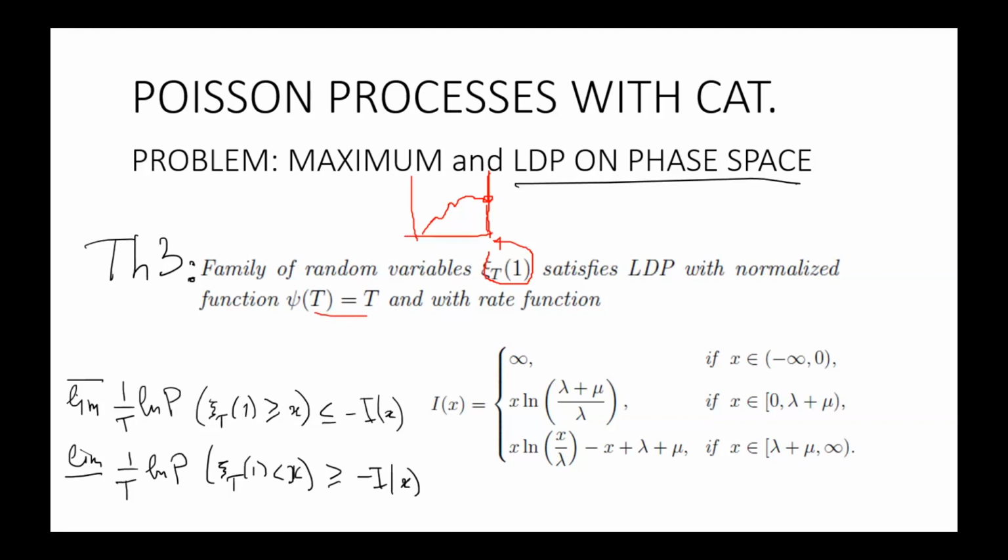psi of t. Psi of t is equal to t. It's the log of probability and so on. The rate function: we found explicitly the rate function for our family of random variables. The proof is